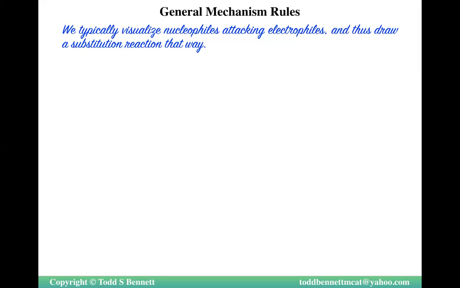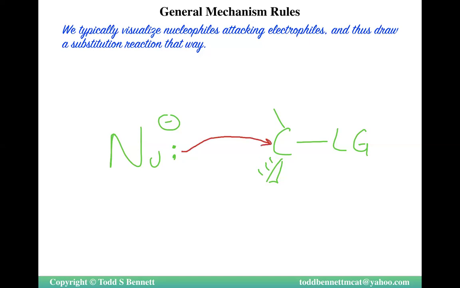So we draw an arrow from your nucleophile. So nucleophile, good Lewis base. Maybe it has a negative charge, maybe it doesn't. And then a carbon with a leaving group, and then whatever else is coming off the carbon here. We typically represent it as this lone pair comes in and forms a bond to carbon. The leaving group gets kicked out. The question we're going to run into is this first